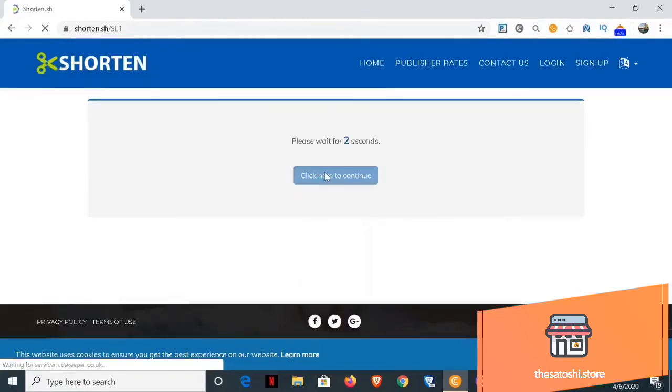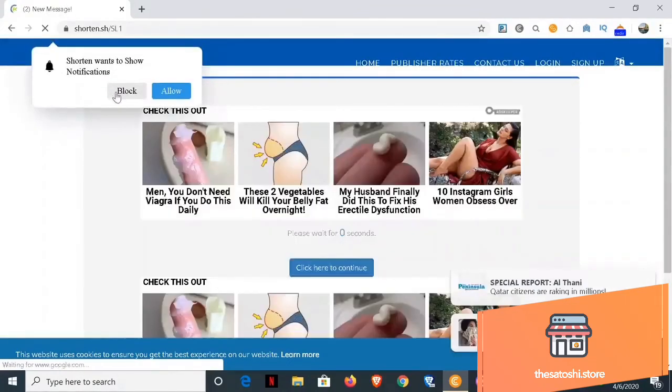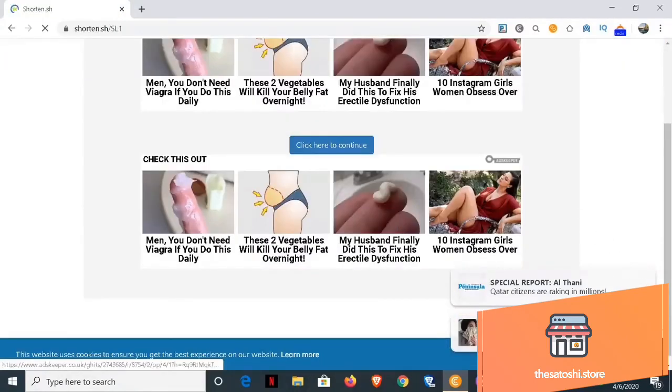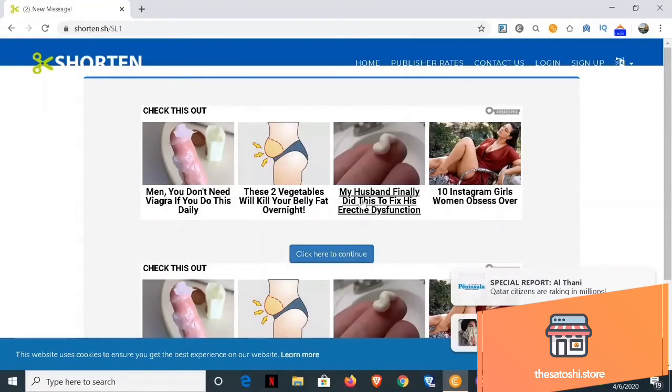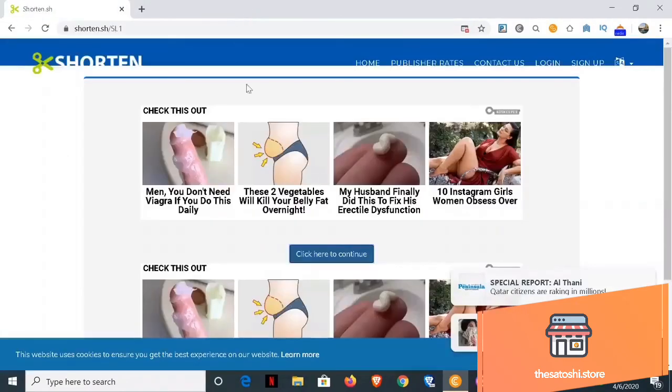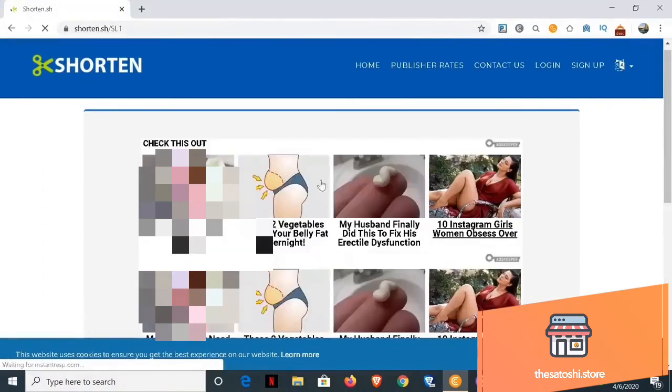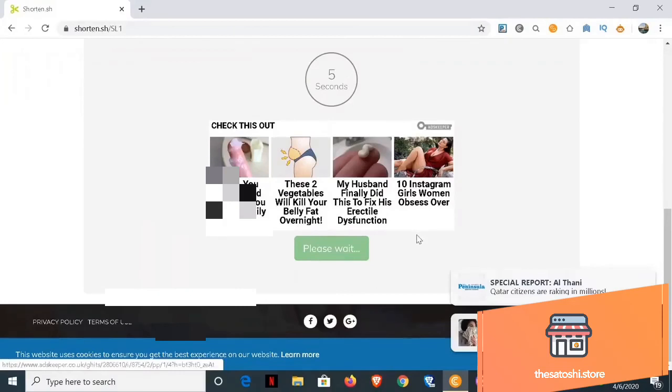Should be pretty fine. I hope you have been able to understand what I was trying to explain, and it's the same procedure for every other short link. It's not only on this page. You can do other short links too. They'll probably have the same procedure. We'll just complete this short link and then we should be done. So that's it right there, and I can just click on get link here and it will take me back to the website.